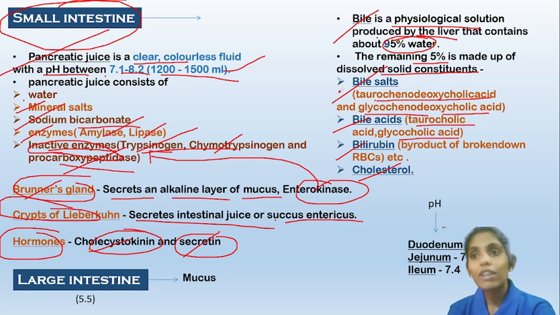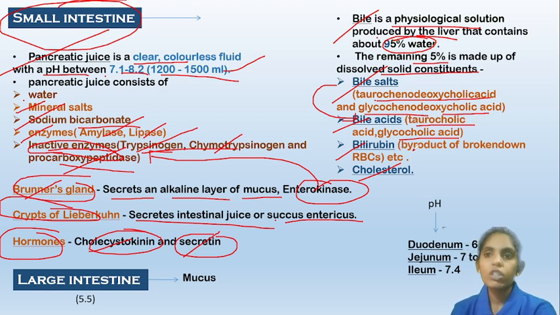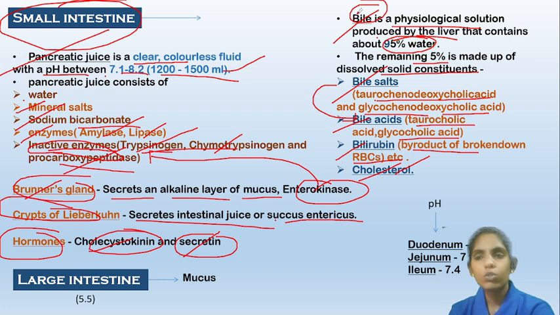So the bile acids are derived from the bile salts, okay, and bilirubin is a bile pigment which is a byproduct of broken down RBCs. The old RBCs, or the RBCs which are not useful to the body anymore, are broken down. In this process, the pigment called bilirubin is produced, and the bile also contains cholesterol. The function of this bile is to help in the digestion of lipids, or you can say the fats